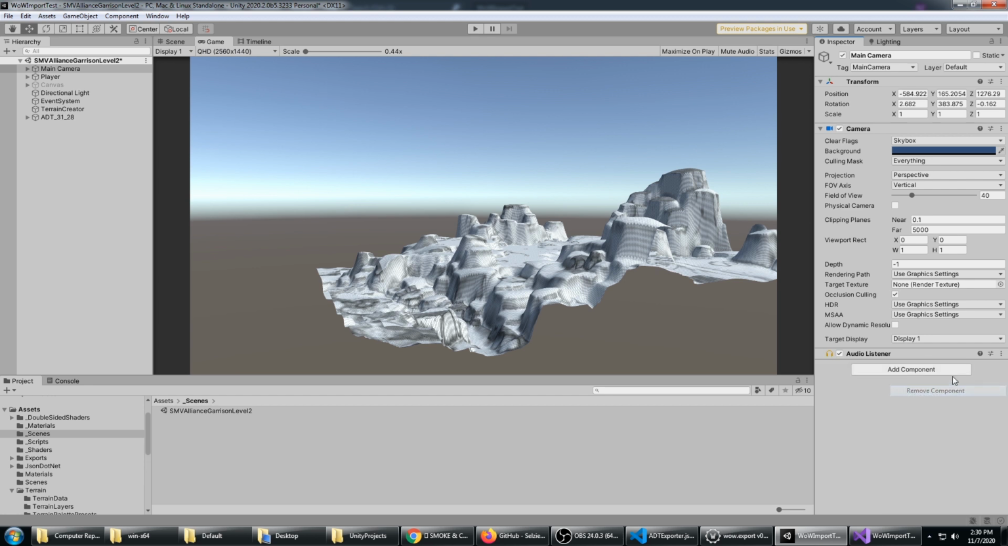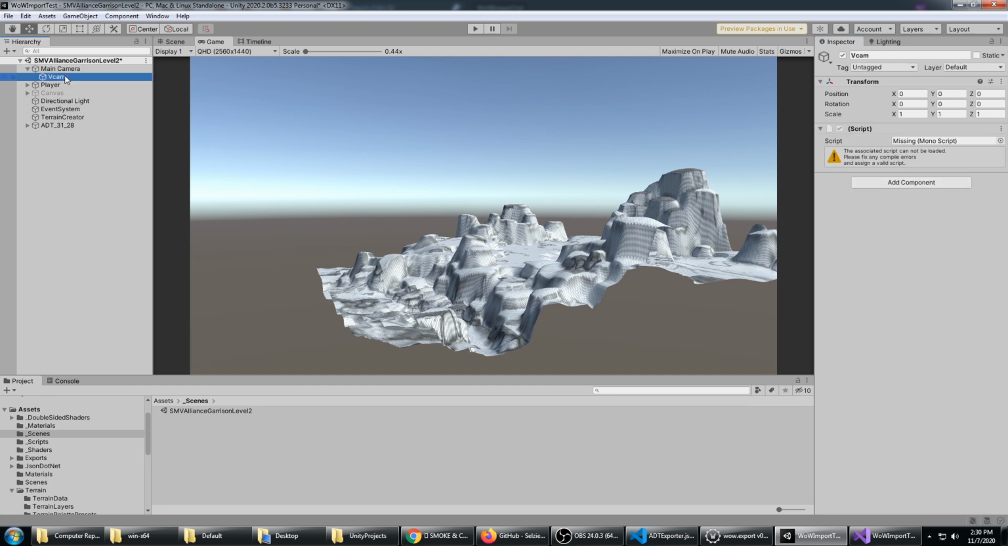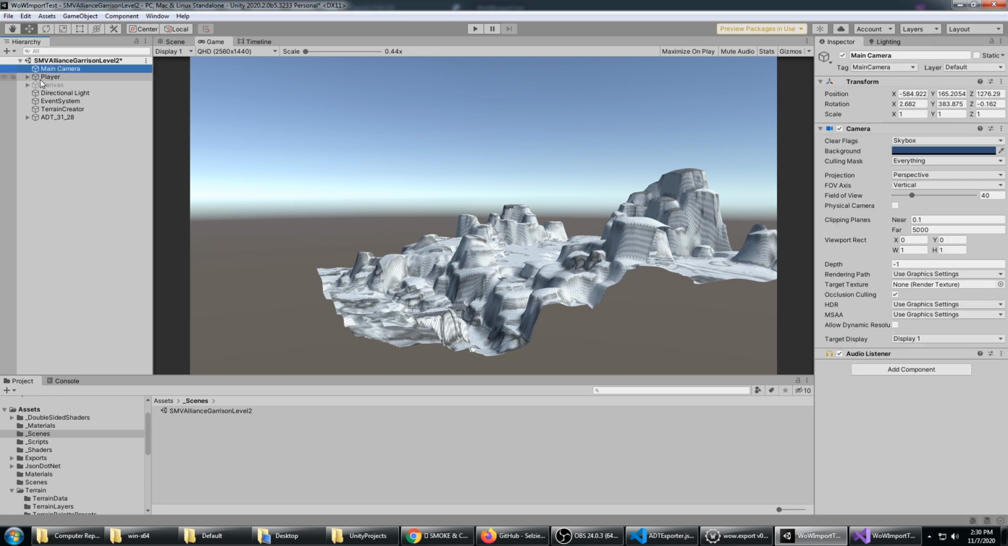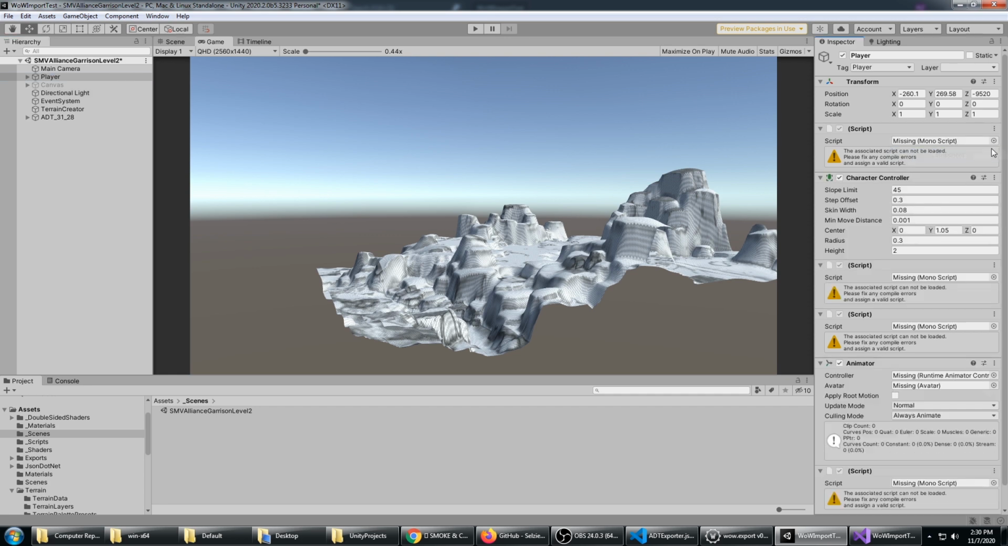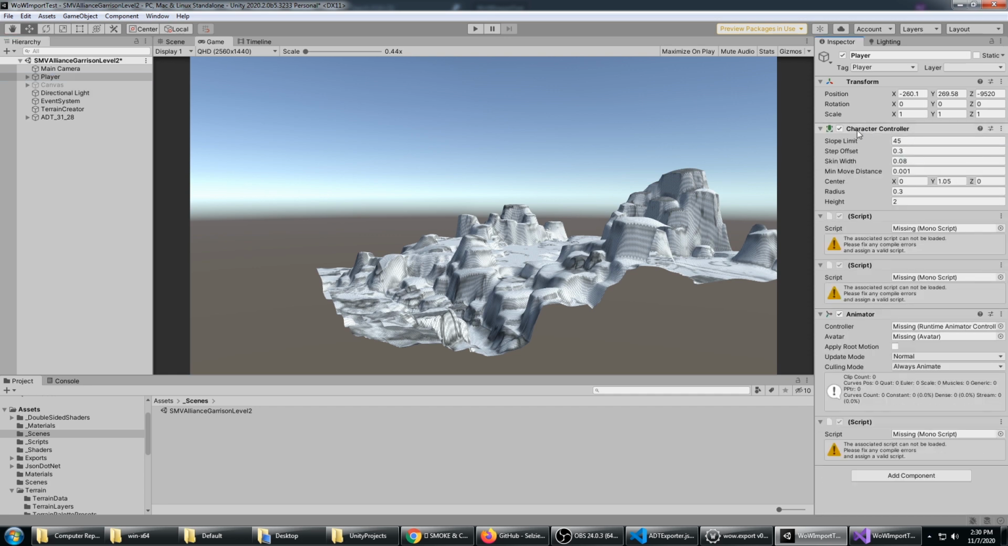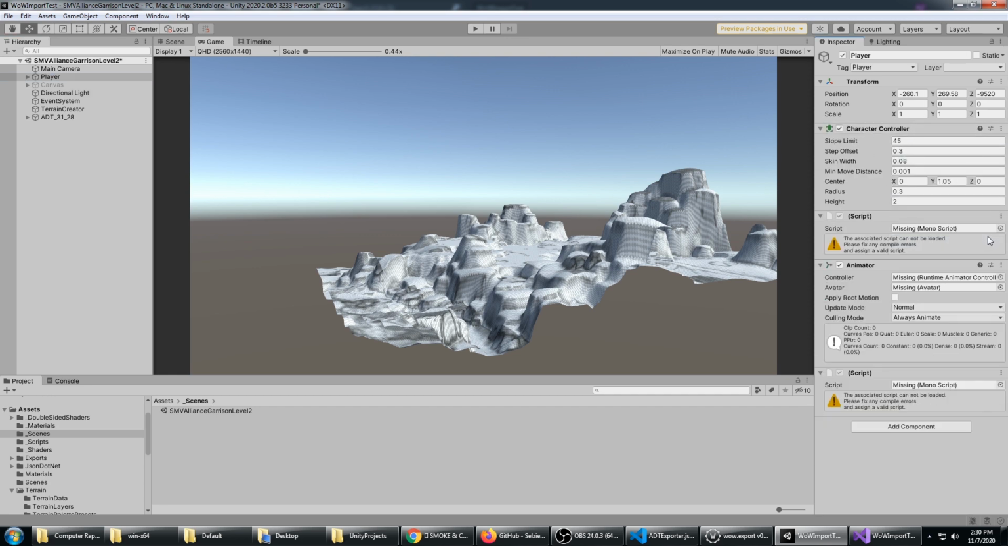Import ADT world is not needed, so we just have a regular old camera. And there's a virtual camera. Again, this is for Cinemachine. I'm going to delete that, and we're going to see the same thing on the player. Go ahead and clean that stuff up. We don't need those missing scripts,